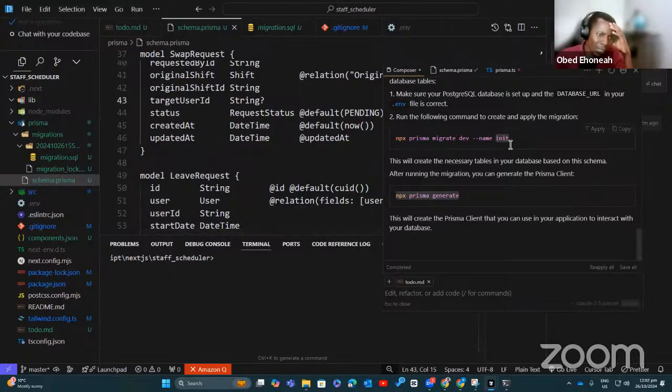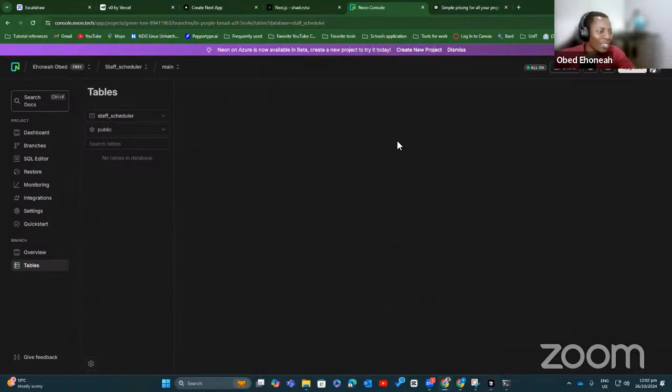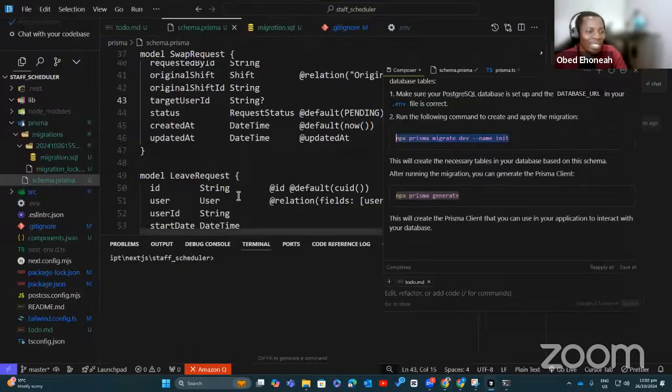Wait, this migration. See, because you brought up Django is messing up in my head. Django, you make migrations, then you migrate. I think, I know, right? Prisma, you don't do that. You don't migrate that, right? Anyway, I want to confirm something. The thought of Django just is confusing me right now. Anyway, let's run this.